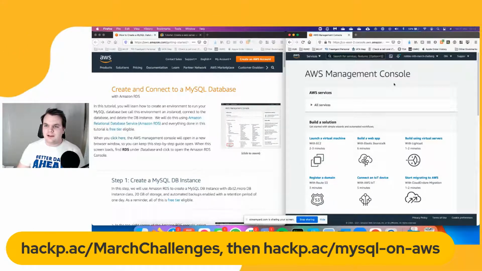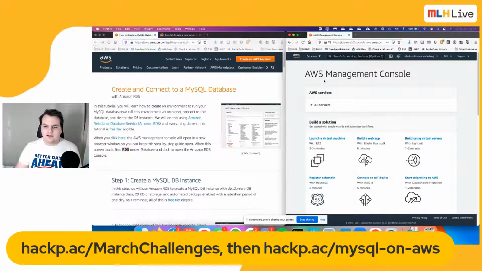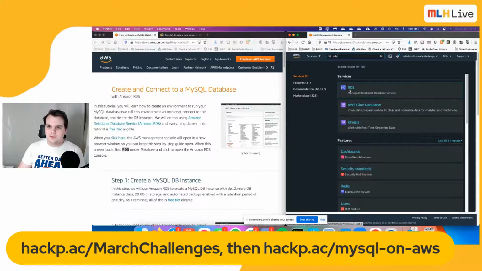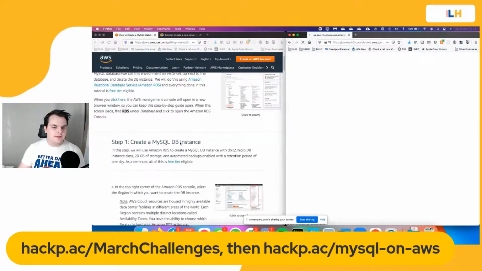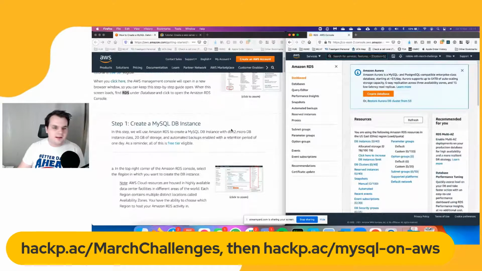we're going to go ahead and go to RDS. So we'll just go to search and we'll search for RDS. That's this service, the Managed Relational Database Service. Fire this one up. And then it says in this step, we'll use Amazon RDS to create a MySQL database instance with